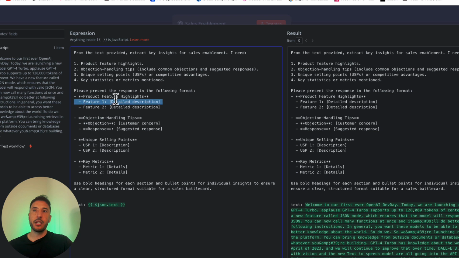The first one is going to be the product feature highlights. I want 2 features, the objection handling tip, where you have a customer concern and then what the suggested response would be from your sales team. And then also unique selling points and then key metrics. And I've said use bold headings for each section and bullet points for individual insights to ensure a clear, structured format suitable for sales battle cards.